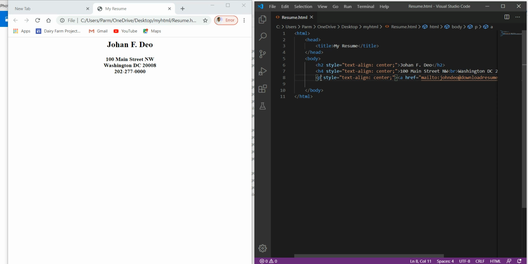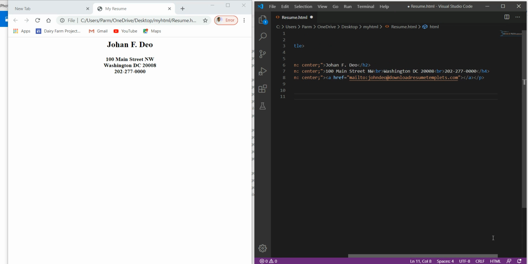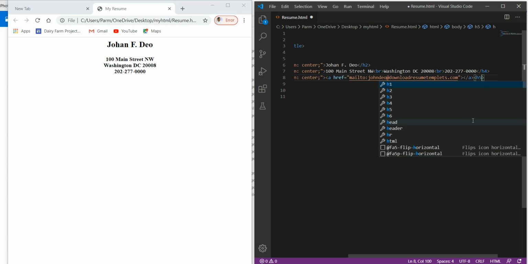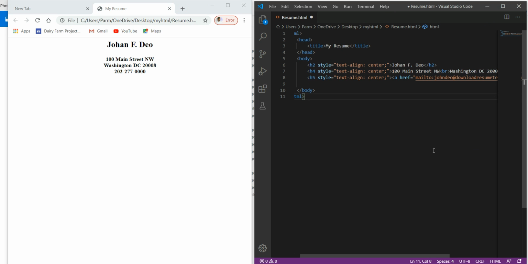So instead of this I'm just using paragraph. I'm using H5 in place of this, and just for a moment, and here I use again H5. Okay, Control S, save this, refresh it.